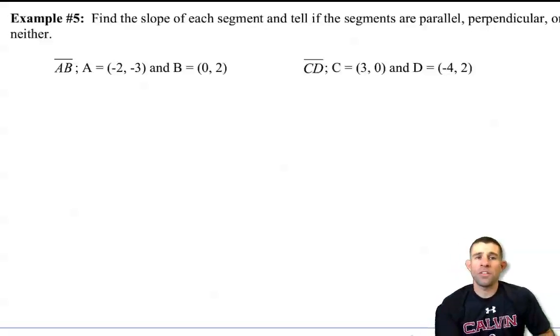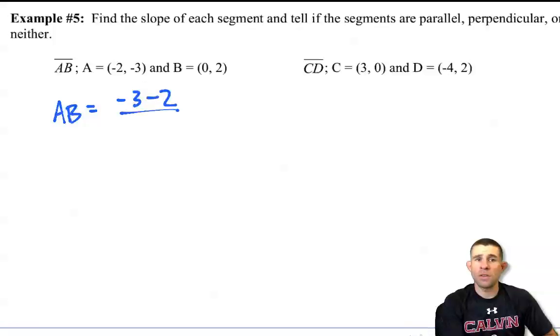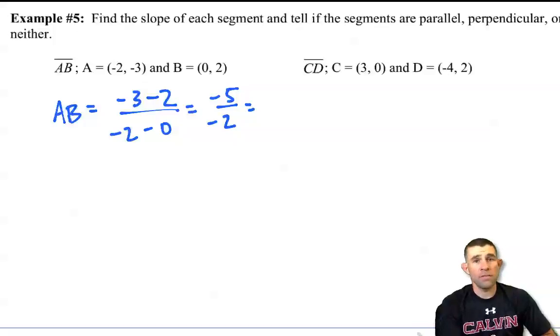All right, in the next one it says to find the slope of each of these segments and tell if the segments are parallel, perpendicular, or neither. So here's our example of AB. We're going to find the slope of AB by taking the difference in our y's. We'll say negative 3 minus 2 and divide that by negative 2 minus 0. That gives us negative 5 over negative 2. Now we have a negative divided by a negative, and we know that that's going to simplify to a positive